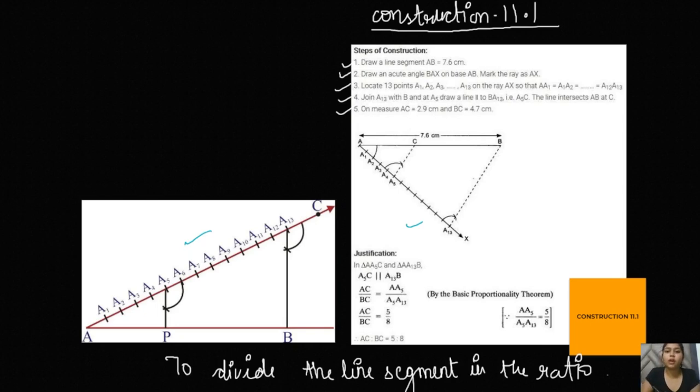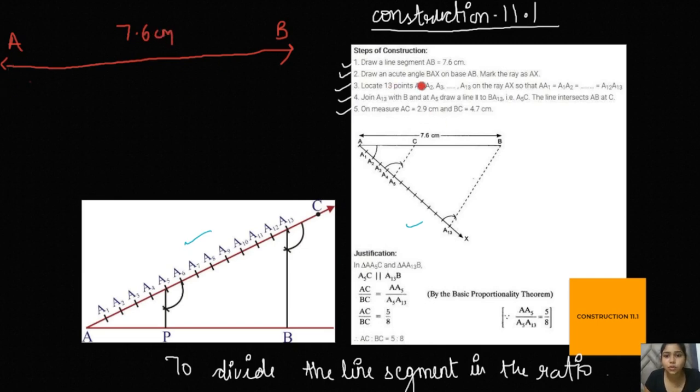Before beginning, draw a line segment. In a particular question you will be given a certain line segment's length. Here the line segment is 7.6. I don't know how to draw well, so you just have to cope with that. These both are the same diagrams. In this diagram the angle is made upwards, and in this one the angle is made downwards, but it doesn't really have any impact on the picture. The ratio will be the same in both cases. This is a line, let's name it AB, and this is 7.6 centimeters. That's all.